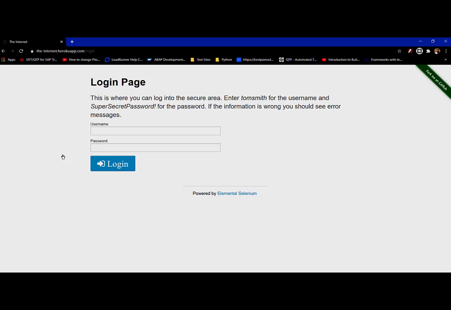First of all, let me point out that you can see in the text near the top here that there's a mention of a user name as well as a password. So if we capture the username, place it in the username field, and then the password, copy paste that, then click the login button,